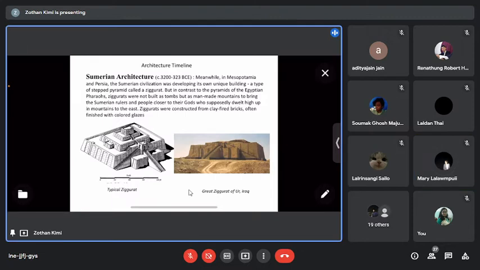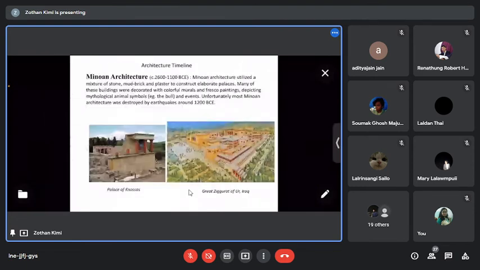Okay, so here we have a picture of a typical ziggurat. I believe maybe you have seen this somewhere. All right, so after the Egyptian architecture, then we see the Sumerian architecture. The timeline is given. Some may be clashing because it's happening simultaneously. All right. And after, let's read this one. Ashmita,